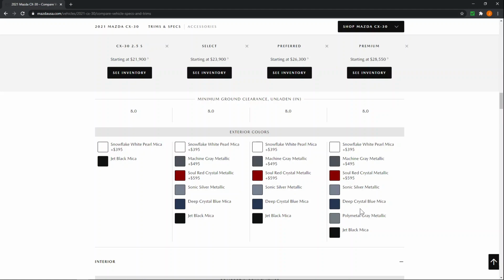And then if you go up to the Premium trim, you're going to be able to add this Polymetal Gray Metallic, which I talked about in my Mazda 3 video. Beautiful color. I think it looks amazing. Just looks really unique. Makes the lines on the car just pop. And it's also one of those things that could impact resale value down the road, right? If it's a rare special color on one of these